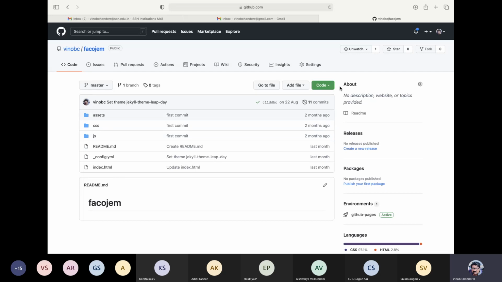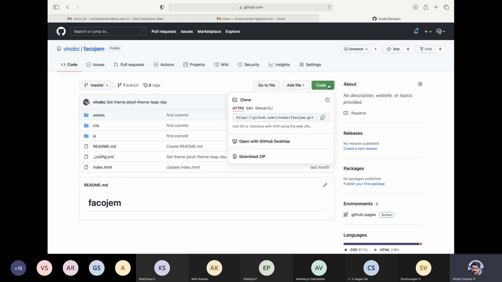Okay, so once you are here, I request you guys to actually not clone. There is a concept of cloning, fetching, pulling, etc. We will discuss GitHub later in detail, right? We just need to have a project. So our flow is like this: let us have a project, let us do some local modifications, and let us push that project to GitHub, and then explore further. That is the idea. So we go to code here and then download the zip file.